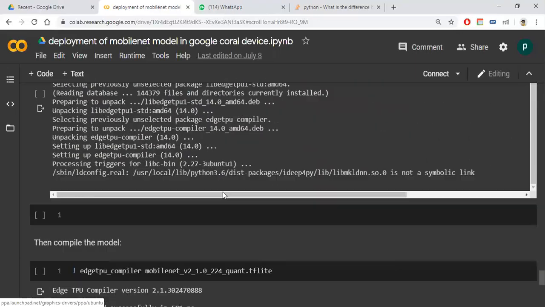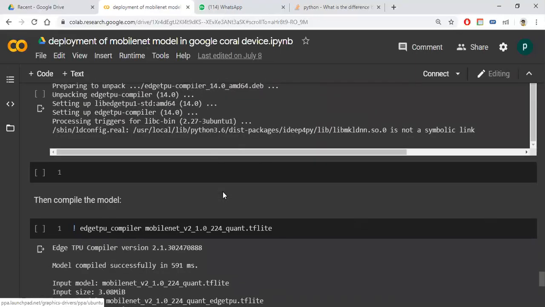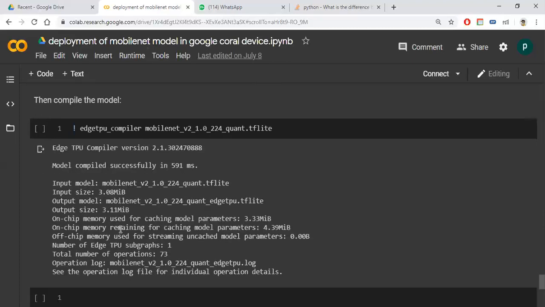It will install. After installing, whichever model you have, you should run it. You need to send this file to Google Coral using USB. Then you give the model you want to run, write it like that, and the model will be run.